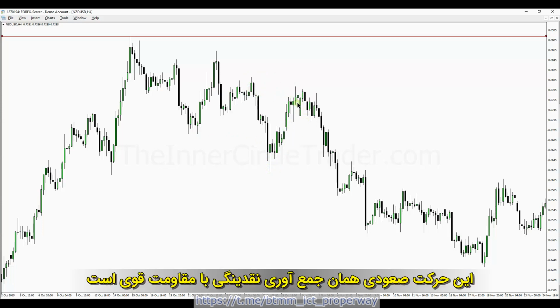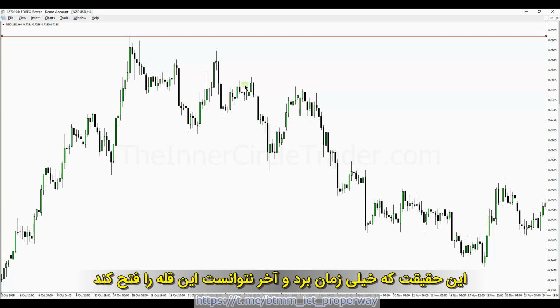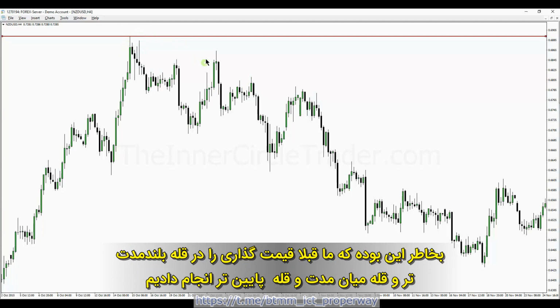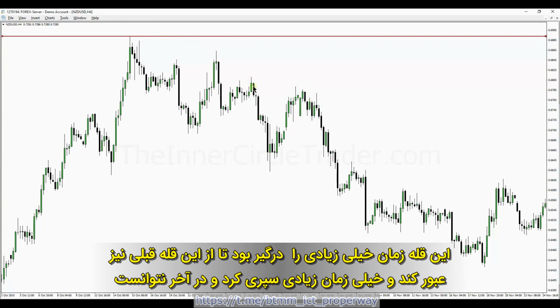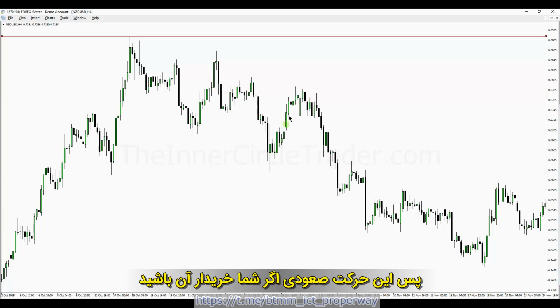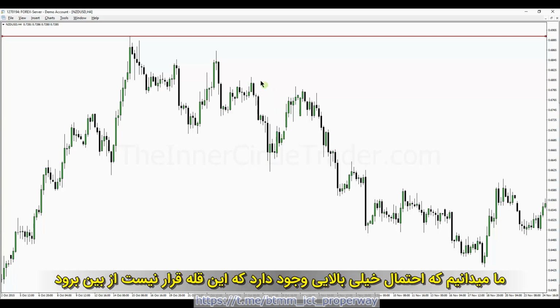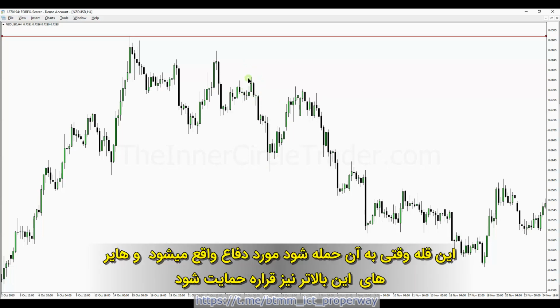This run higher is a high resistance liquidity run. The fact that it's going to have a very difficult time getting above this high is because we've already priced in a longer term high, an intermediate term high, and this high is going to have a very hard time struggling to get through this high. It's going to have a very difficult time getting through it. So this rally up, if we were buying long here, we know that there's going to be a high probability that this is not going to be running out. The high is going to be intact. It's going to be defended. And the higher high over here will be defended.